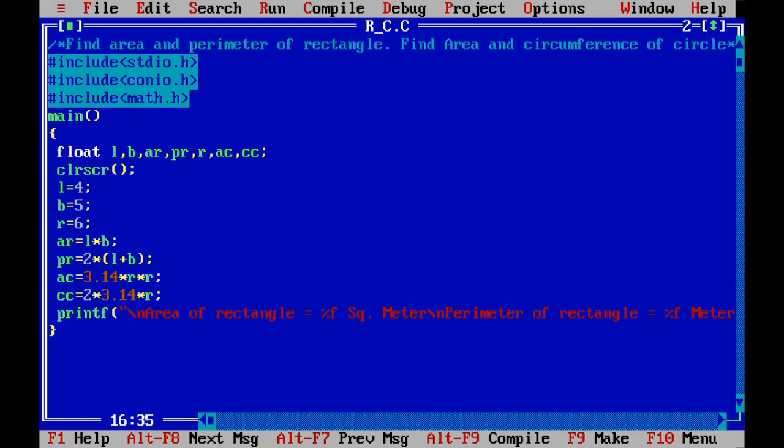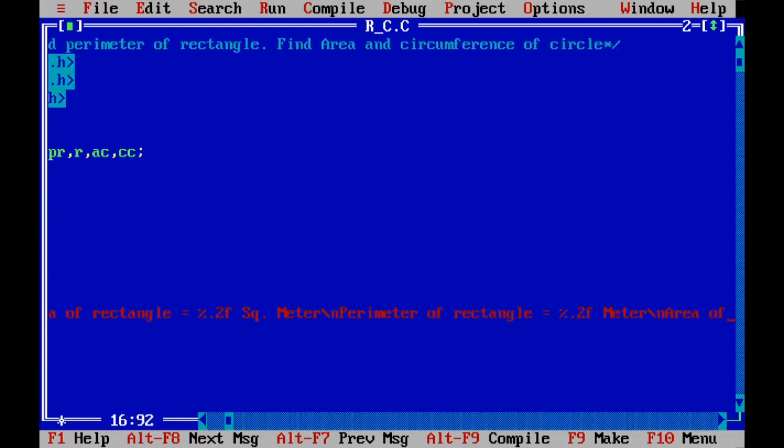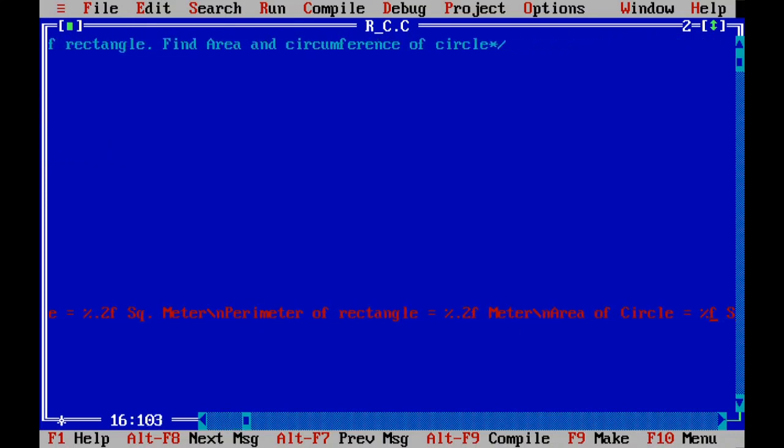In the printf command, between % and f we put a decimal point and the number of places up to which we want the output. So here I am putting it up to 2 places, so I will write 0.2. Likewise, if I insert 0.2, it will show 2 decimal points.